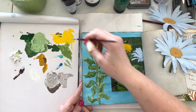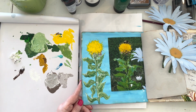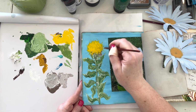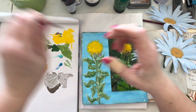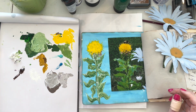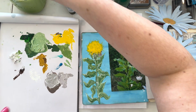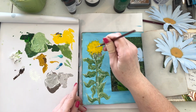Not a lot of that darker is showing through, but I'm really liking it. I'm afraid if I try to go back and put in the darker, I'm going to mess it up. What do you think? I think I should? I don't know. Let's see. If I could just do a few little...